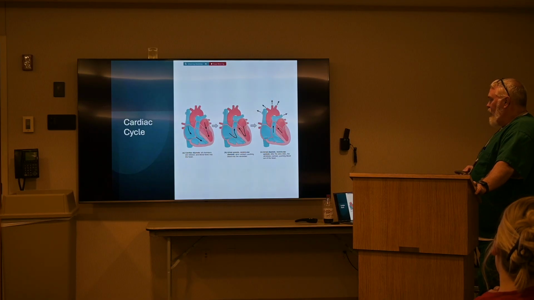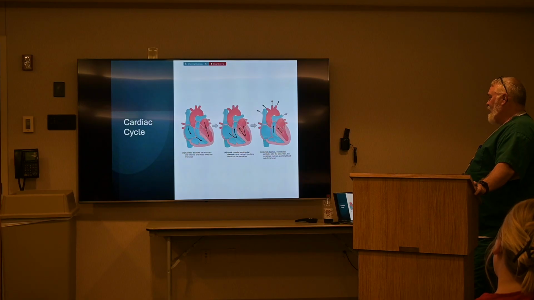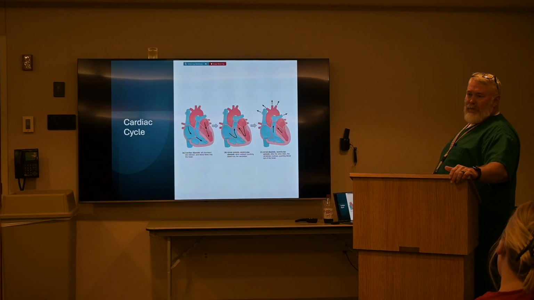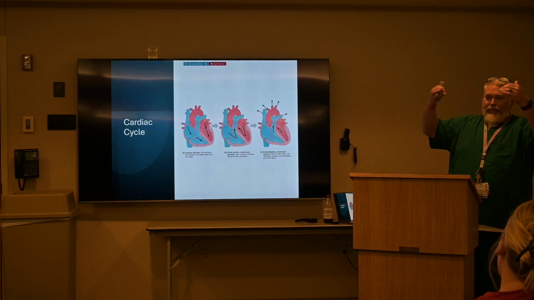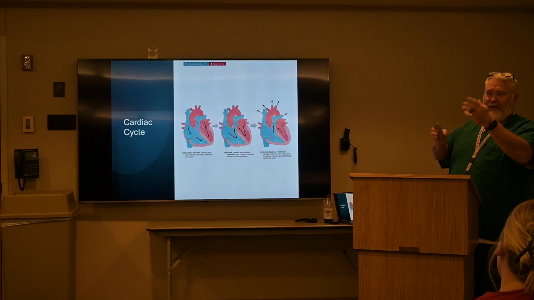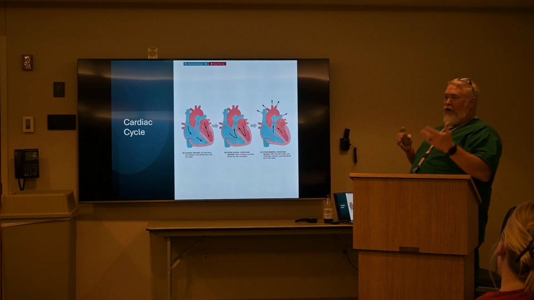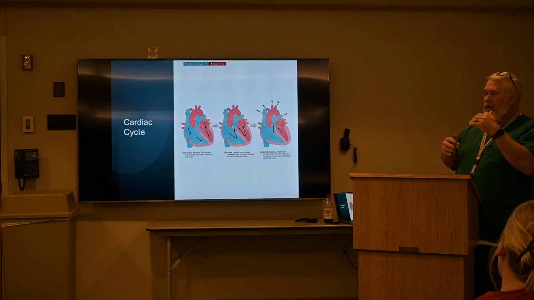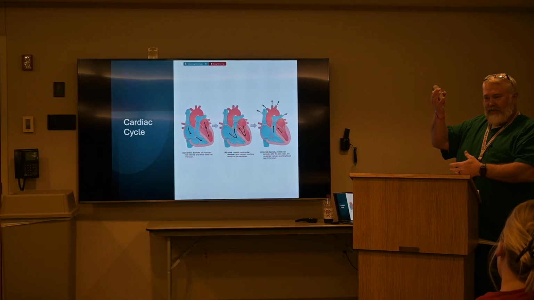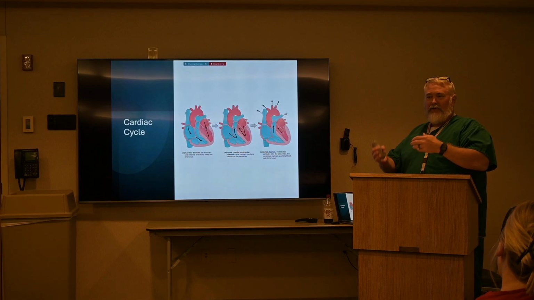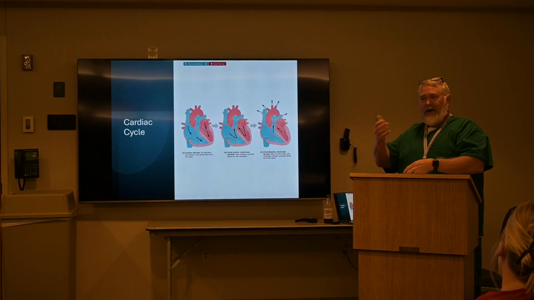After diastole, you go into atrial systole and ventricular diastole, where the atria contract, pushing blood into the ventricles. As your atria and ventricles work to keep blood flowing, it's all based on pressure gradients. As the pressure gradients reach a certain point, the valves open and blood rushes in. So as the ventricles pump and you reach the right pressure gradient, blood will be let into the atrium and